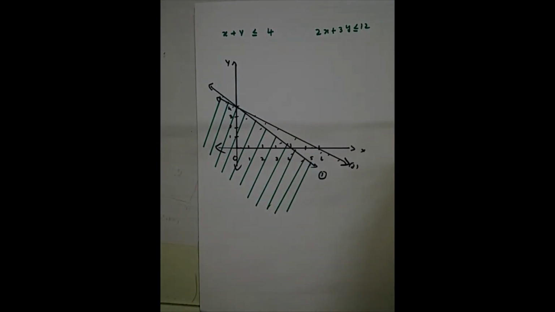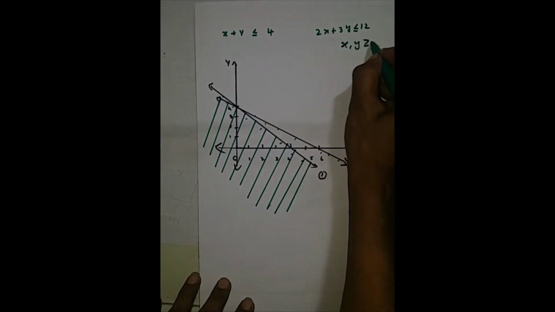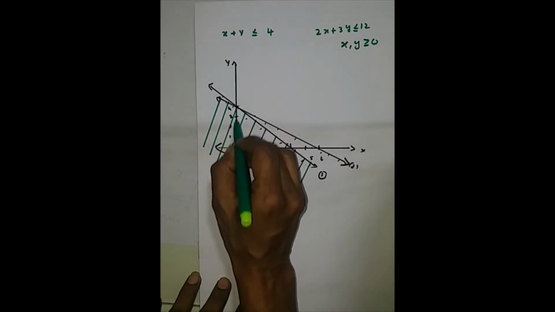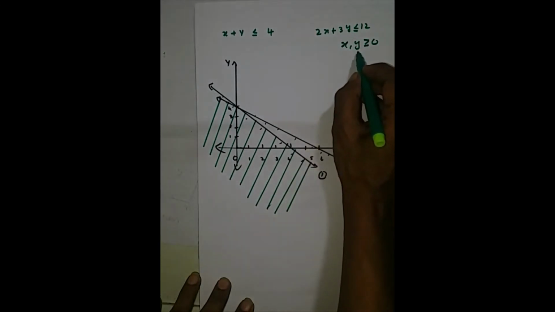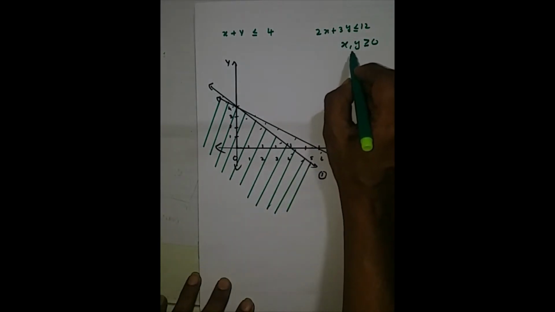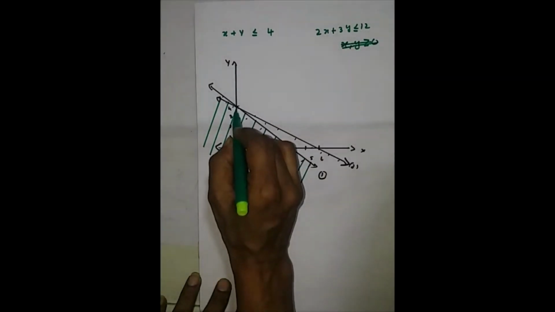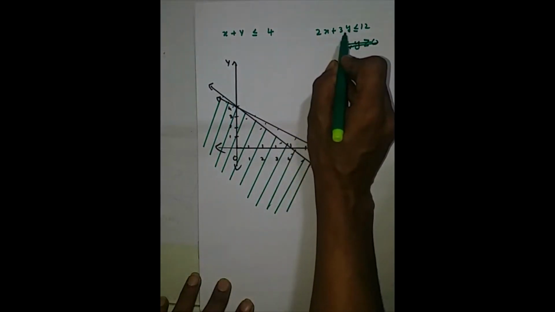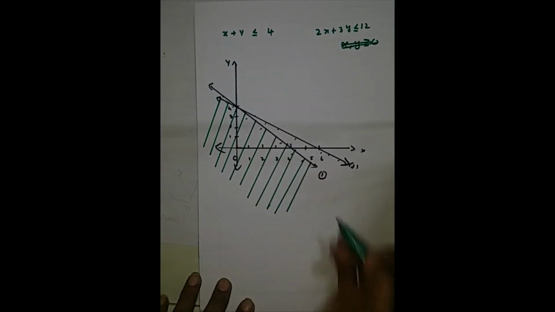But in a linear programming problem, we are always given x and y greater than or equal to 0. So in that case, the solution will have boundaries here. Up to here only we have to shade, if this is given in the question. In LPP, all our questions are like this, x and y greater than or equal to 0. Then we do not shade the second, third and fourth quadrants, only the first quadrant. But in this question it is not given greater than or equal to 0, therefore we have shaded. But this type of question will not come for us.